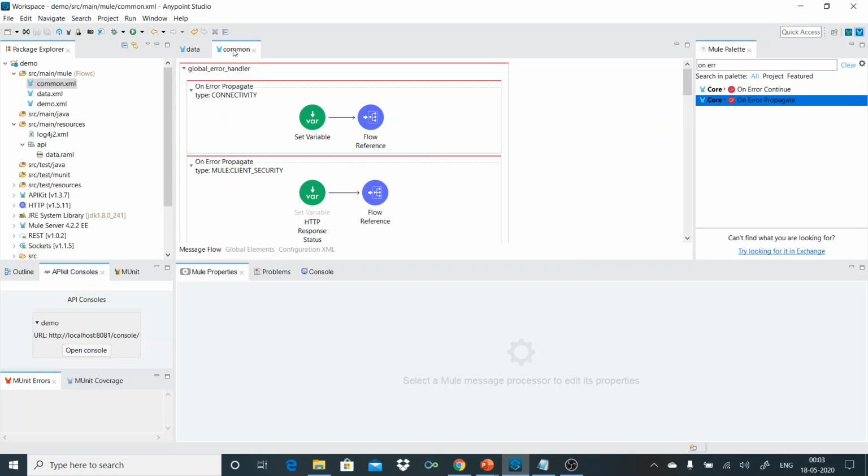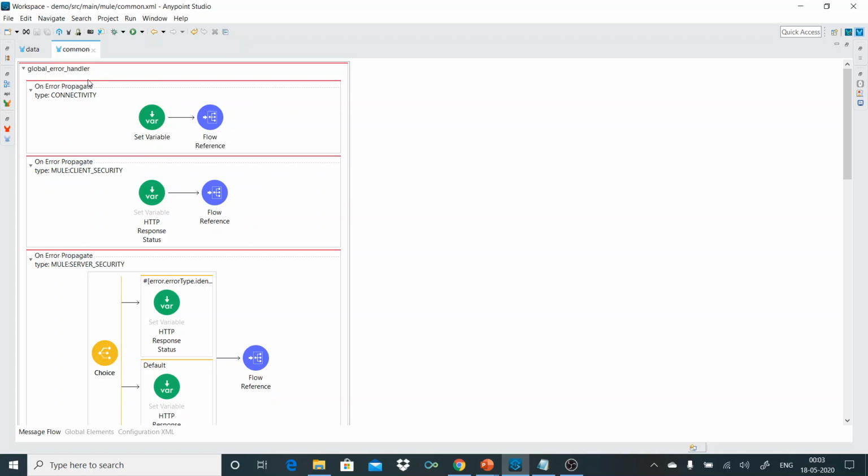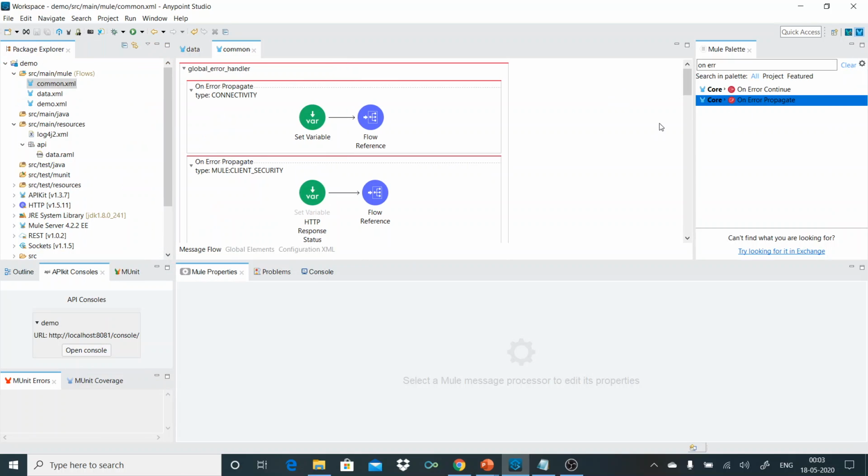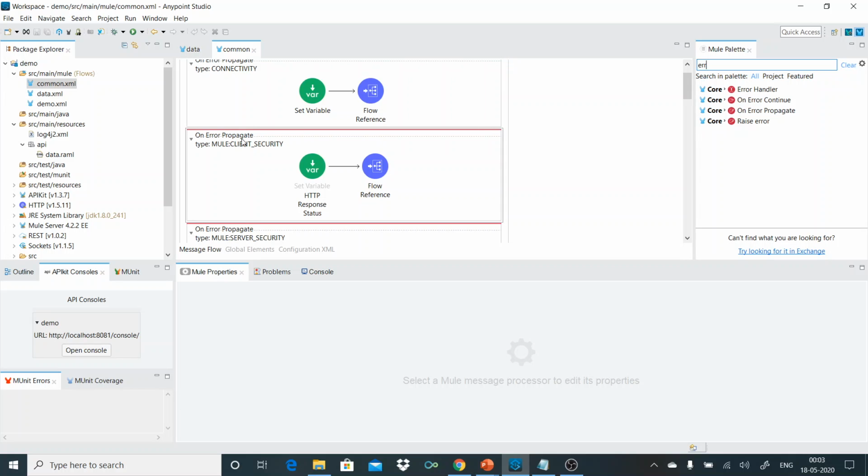Now let's come to the error handler. I've created an error handler, and inside it I have multiple on error propagate components. We should be aware of the common errors that occur, like connectivity errors and security errors.